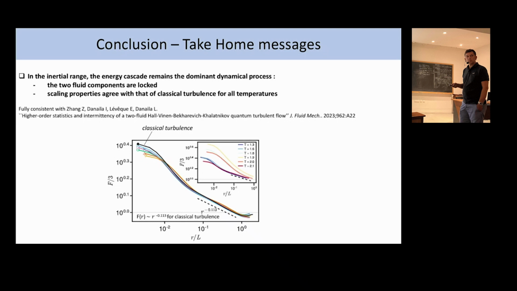...to zero when you're very close to T lambda, where beta prime becomes of the same order of beta in the mutual friction parameters? What do you mean? At very high temperature, where T is close to T lambda, the two mutual friction parameters become of the same order of magnitude, but you neglect beta prime. Is that appropriate, or could there be a slightly different regime of turbulence there?